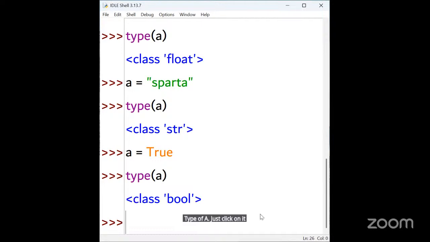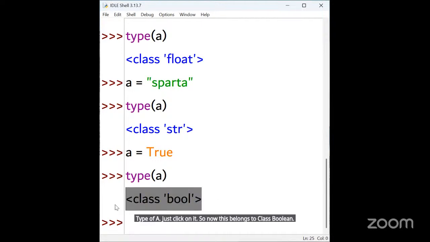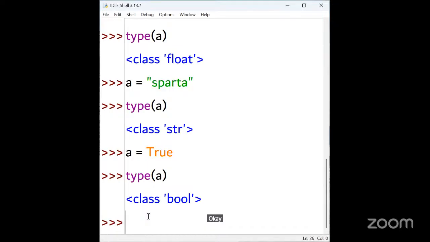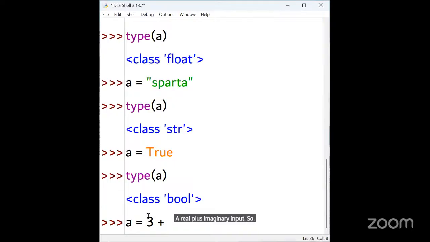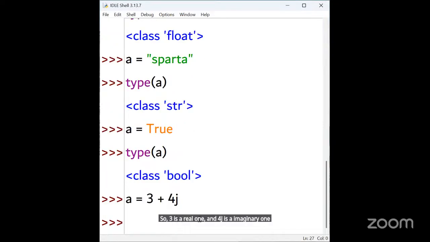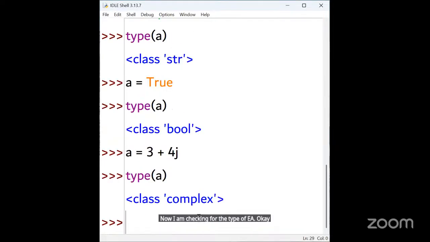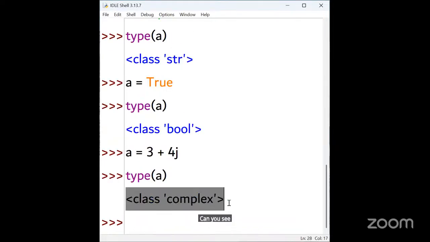Now this belongs to class Boolean. And again, I'm giving one more input, A is equal to a complex input, a real plus imaginary input. So 3 plus 4J. 3 is the real one and 4J is the imaginary one. Now I'm checking the type of A. Can you see? The class is complex.